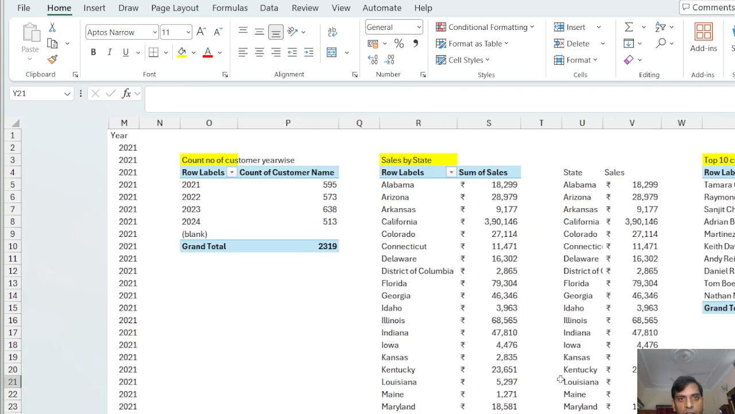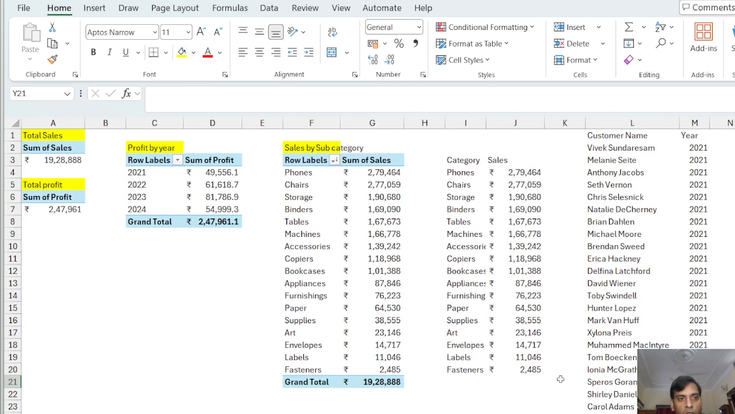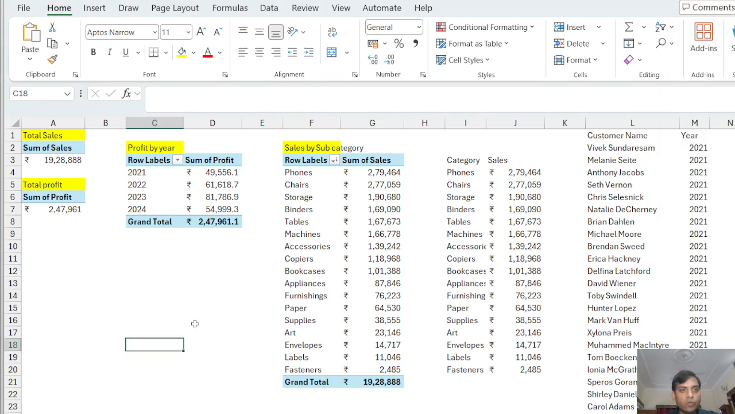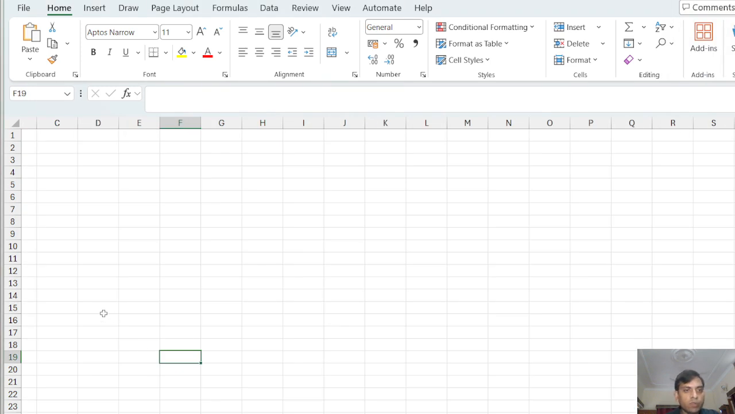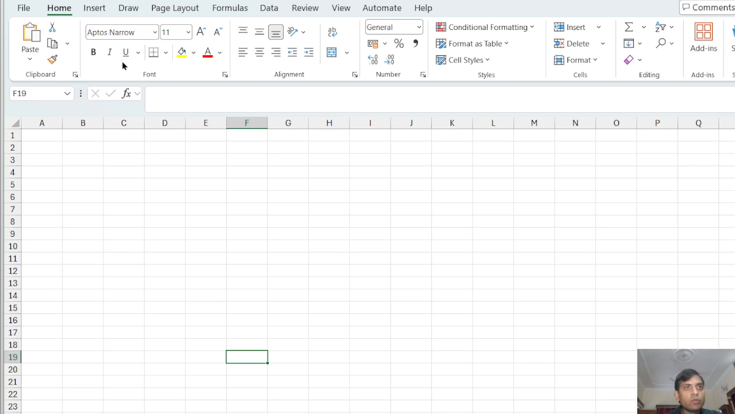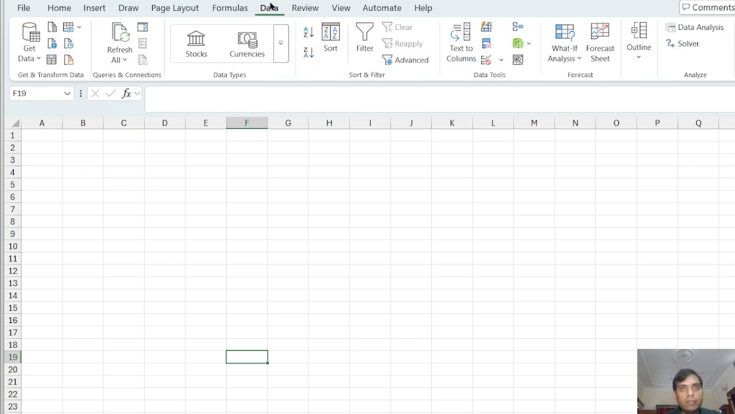Now this is the professional look of our pivot tables. Now we will move towards dashboard preparation. To create the dashboard, we will move towards the dashboard sheet. Now in this dashboard sheet, first we will go to this data tab, and we will remove the view tab, and